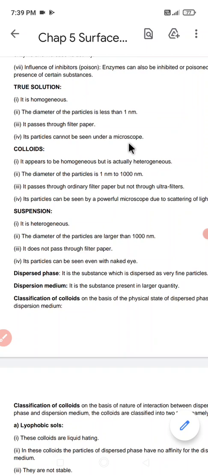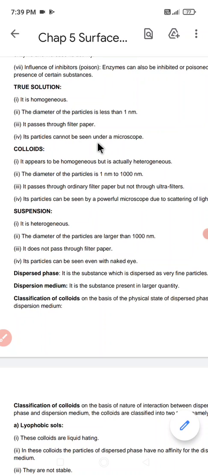See, the example of a true solution is, you people have seen that when salt is added to water, or if I add copper sulfate to a beaker of water, the color of the solution might change from colorless to blue, but the particles of copper sulfate cannot be seen. Or if I take a beaker of water and add some salt or sugar, what happens? The salt or sugar cannot be seen. As the salt and sugar cannot be seen, that is actually called a type of true solution.